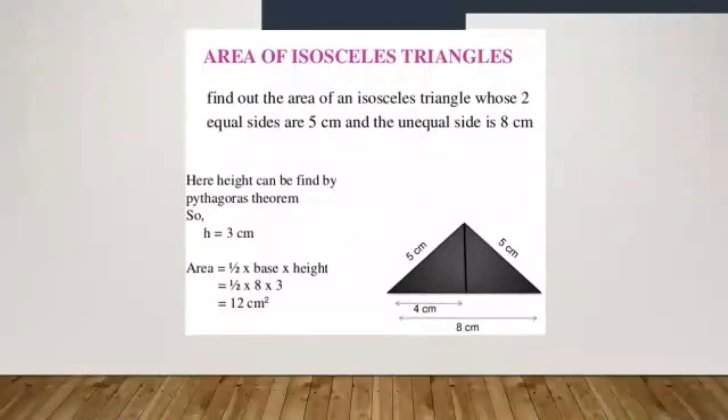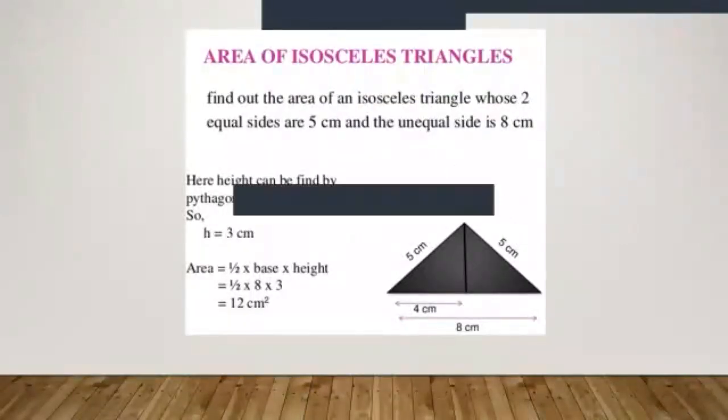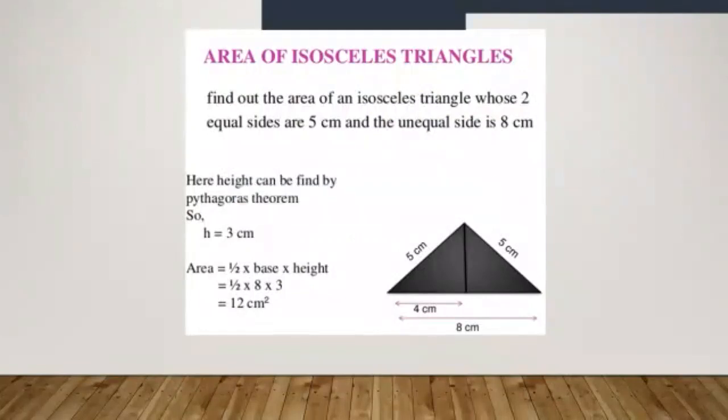Moving further, when we are working with an isosceles triangle, there is no direct formula for that. So for that, we divide the base if one of the sides is given. When we put down a perpendicular from the vertex to the base, it divides the base into 2 equal halves, and thus you get 2 congruent right angle triangles. So we use that logic and normally work for area of isosceles triangles.